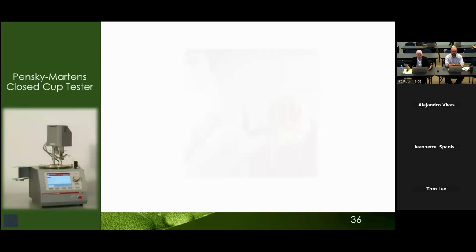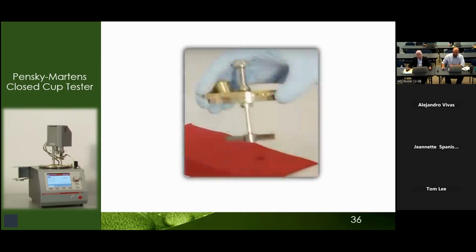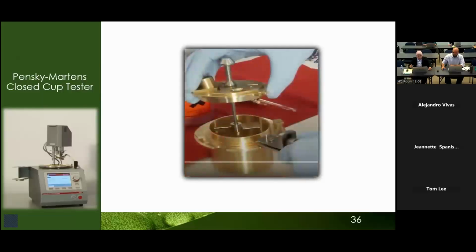Let's take a closer look at the components of a closed cup tester through these photos of one of these instruments, such as the Pensky-Martens closed cup tester. Here is a quick rundown. First is the tester cup, which is used to carry a sizable amount of sample into the closed container. Then there is a lid for the top cover, which closes the cup to ensure a closed environment. That's why these testers are called closed cup testers. The lid has a stirrer, which keeps the temperature even throughout. You can also see a thermometer there, which records the temperature of the sample when heated.